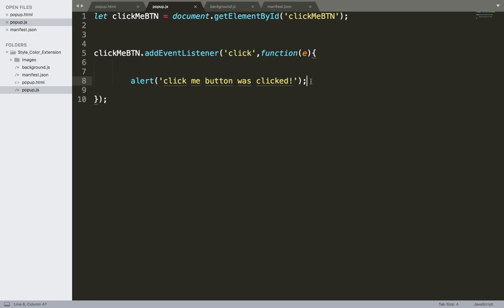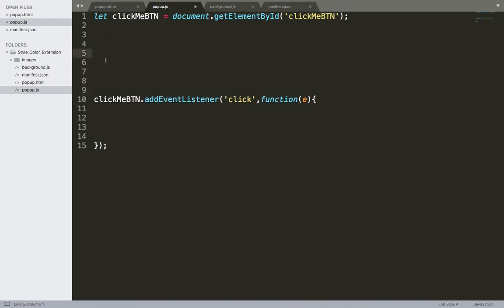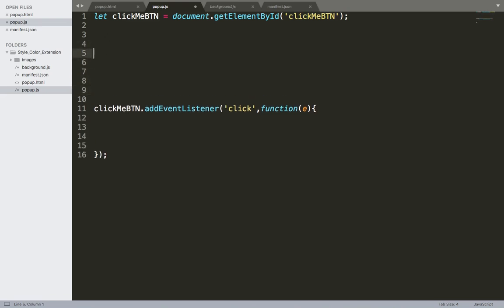alert function. And we don't want this anymore. I'm going to delete it. Instead, we want to execute another function. And that function that I'm going to execute here inside the callback function is going to change the background color of Google. So let's create another function here. This function is going to be named changeColor